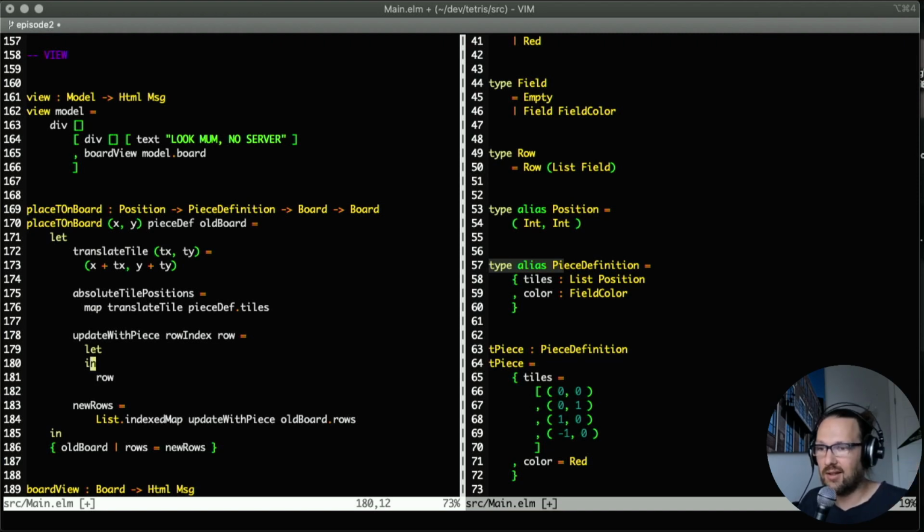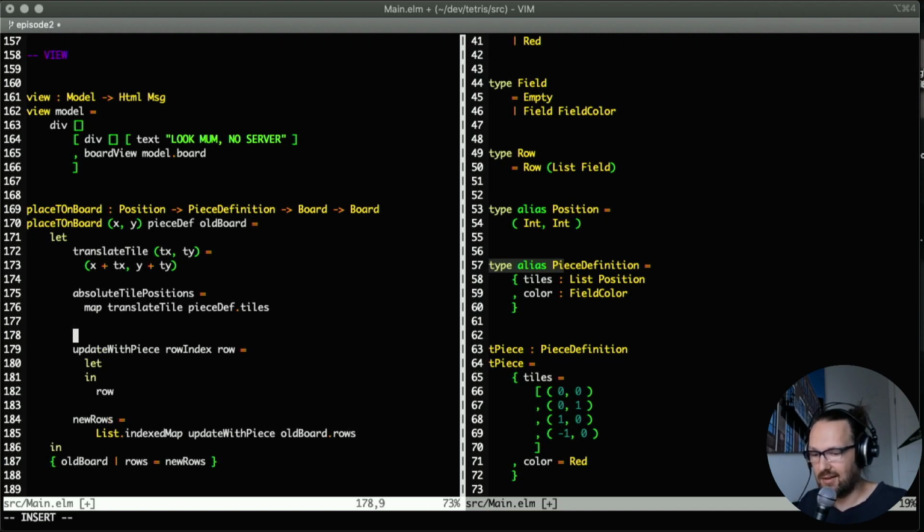So what I'm doing is, since I know a piece doesn't have holes, I can just compute the min and max row of the positions that my piece wants to take on the board. And if my row index, when I'm iterating through the whole board, is lower than the min or higher than the max, then I can just return the old row. So let's say min row taken